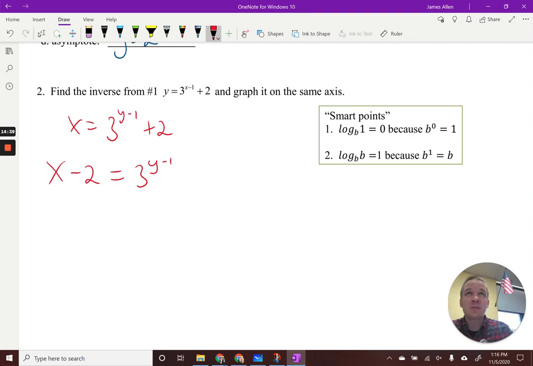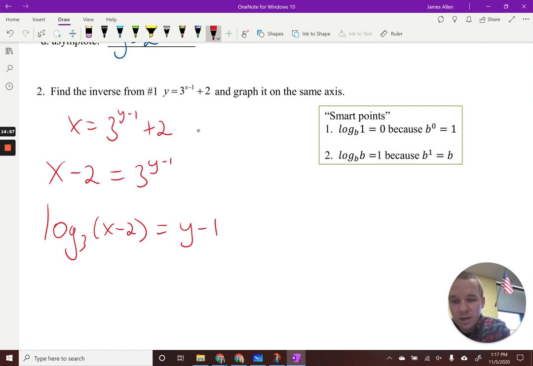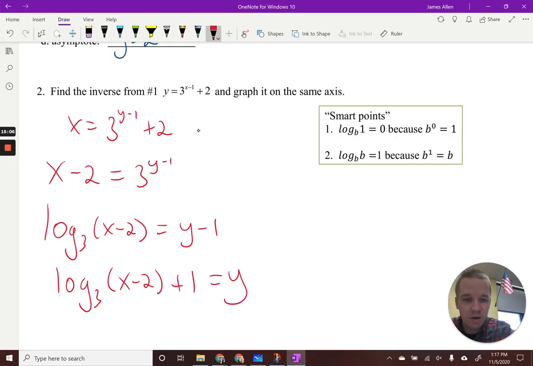And how do I get from exponential form now to log form, now that I have the base to an exponent on its own side? I can switch it. So I'm going to have log base 3 of x minus 2 equals y minus 1. And then I'll add the 1, and I'll have log base 3 of x minus 2 plus 1 equals y. So our inverse is going to be